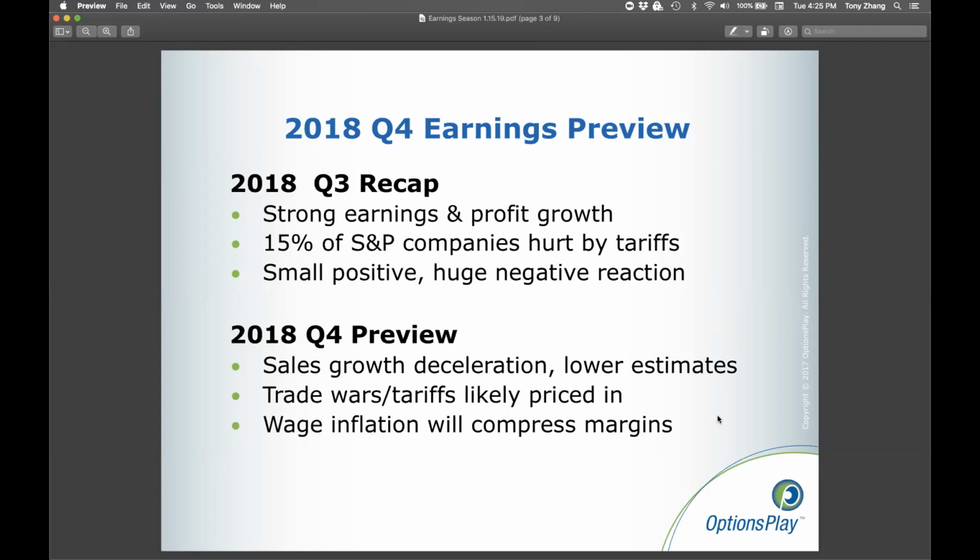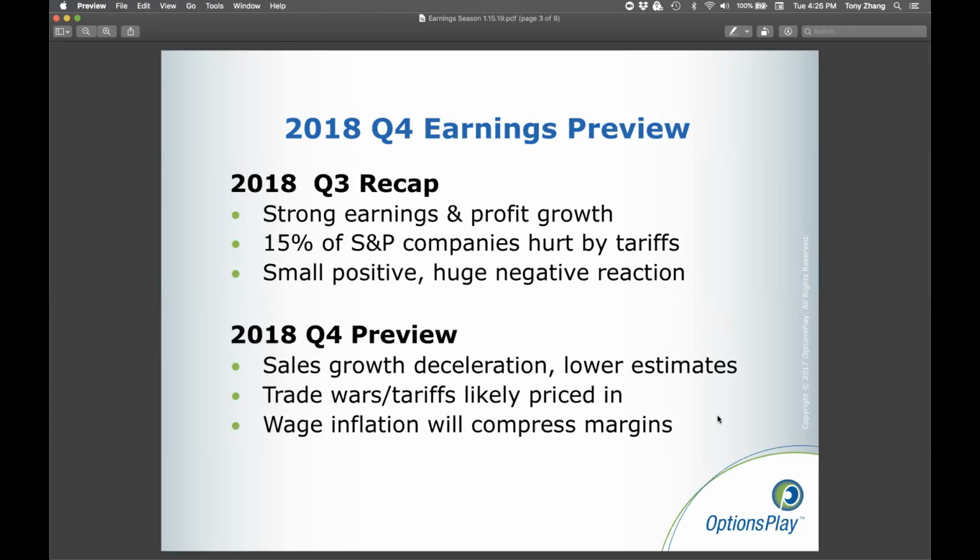Whenever we are 10 years into a bull cycle, we typically see that stocks that beat their earnings are not really being rewarded much by a lot of outperformance, but stocks that miss their earnings tend to see huge moves to the downside. So this means that we typically see a little bit more opportunity for big moves when companies miss than opportunities for big moves when companies beat their earnings. We've even seen quite a few examples of stocks beating their earnings, but the stock price still falling after that earnings announcement. So these are the things to pay attention to.